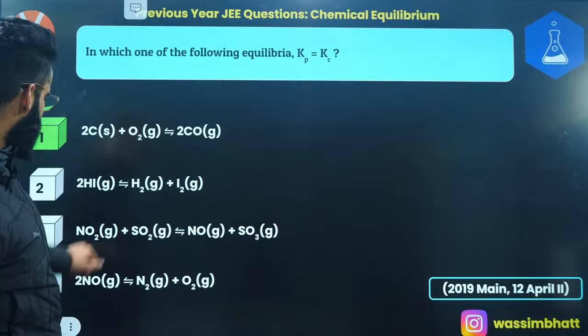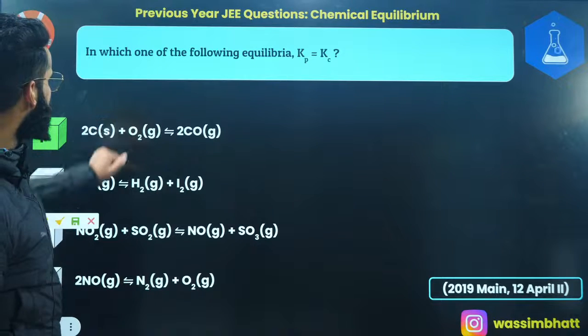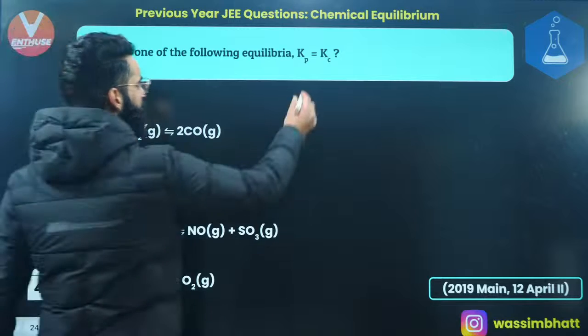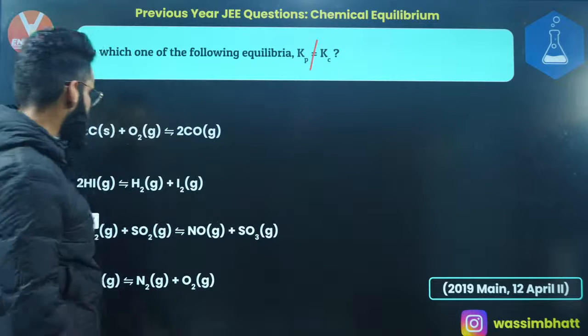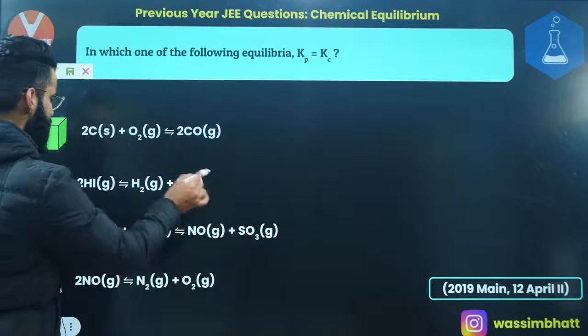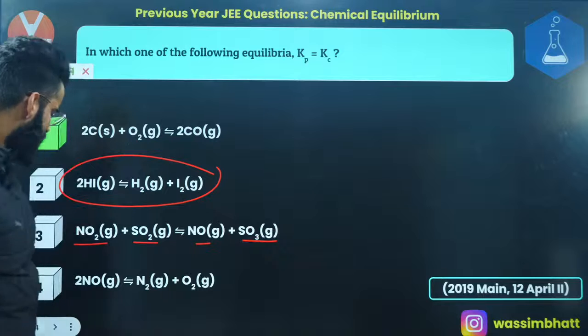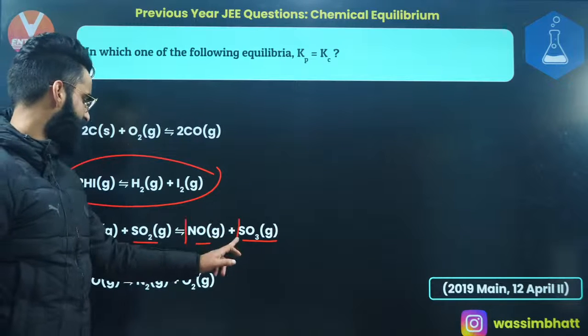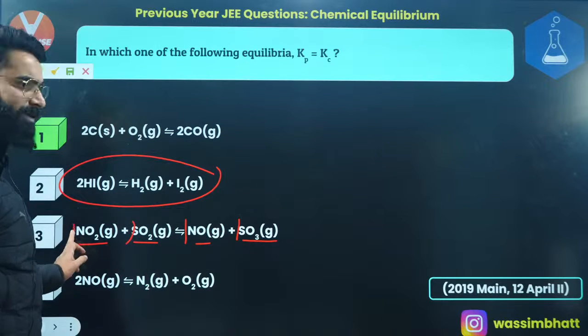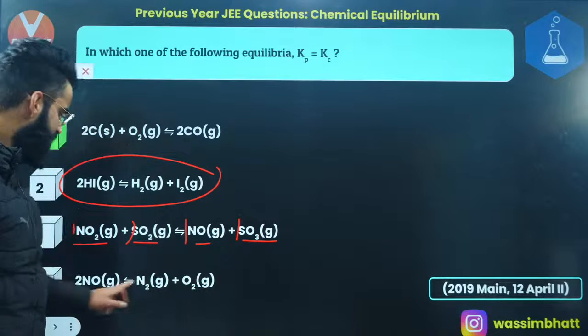I think the question is reverse. I think the question is like this. Wait. In which of the following equilibria Kp is not equal to Kc? Right? I think this is the question. That's why this is the answer given. See, in this reaction, delta Ng is 0. Even in this reaction, delta Ng is also 0, right? Number of moles of gaseous products, 1 plus 1, 2, minus 1 plus 1, 2, right? So delta Ng is 0 for this one as well. Even delta Ng is 0 for this one as well.